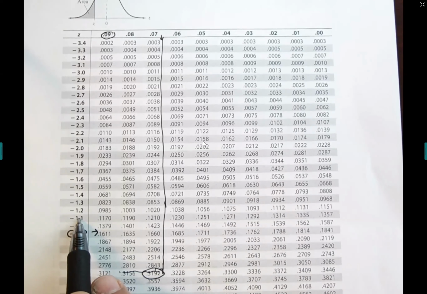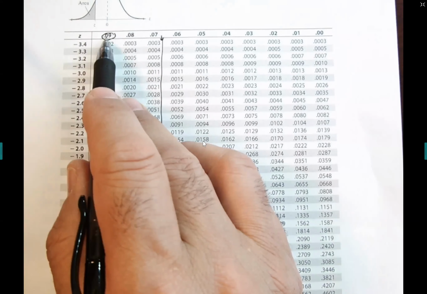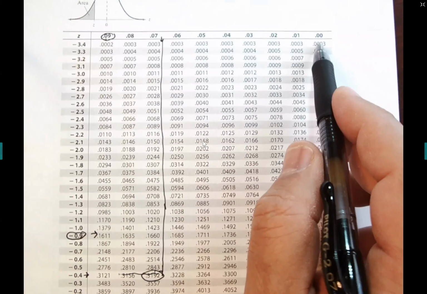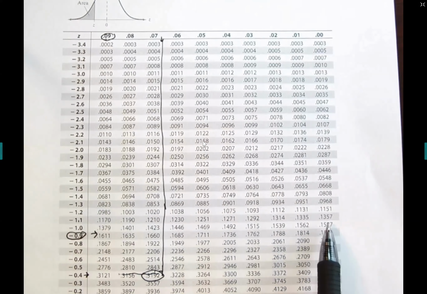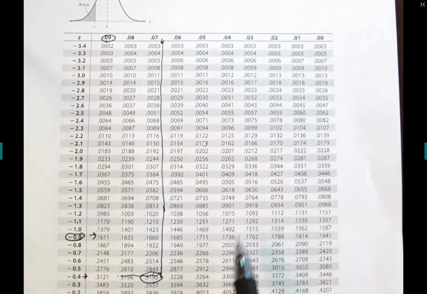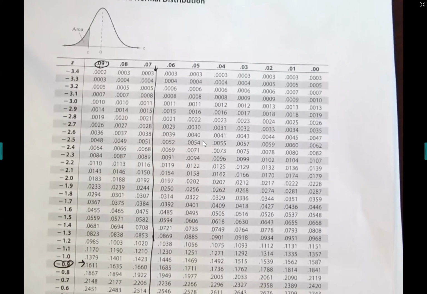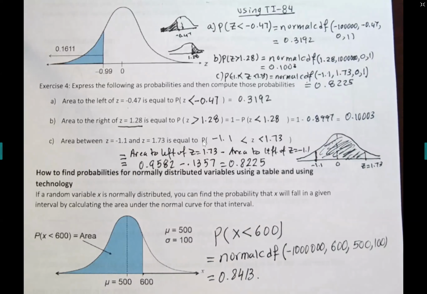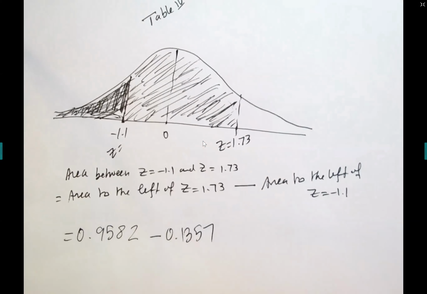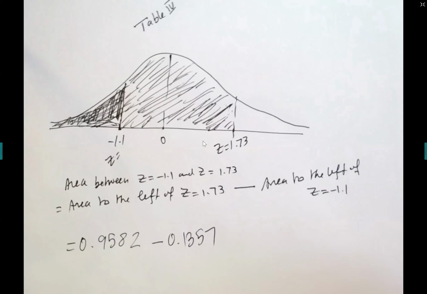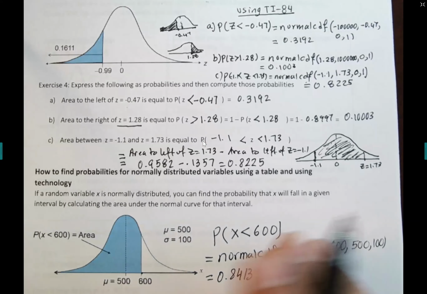And the 0 is toward the end. Don't think it's right here. It's toward the end right here, the 0. So negative 1.1, if I follow it, it will give me 0.1357. You just subtract the answers and get the results. So this is what